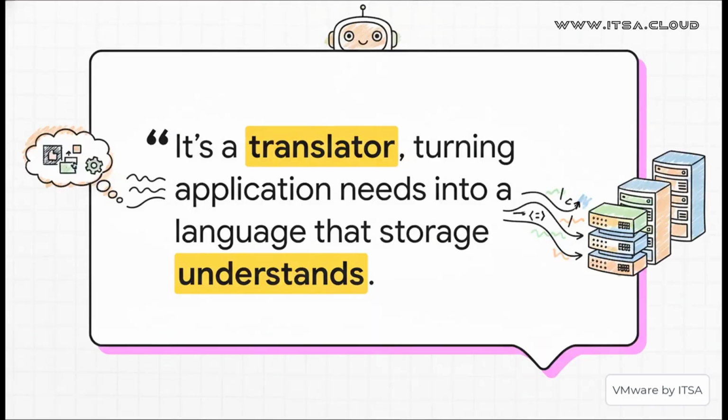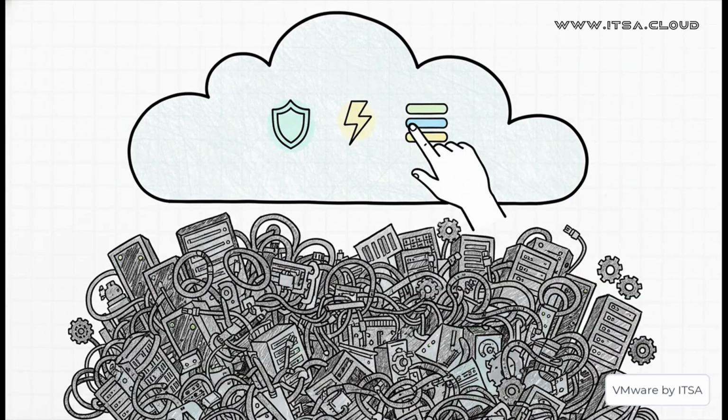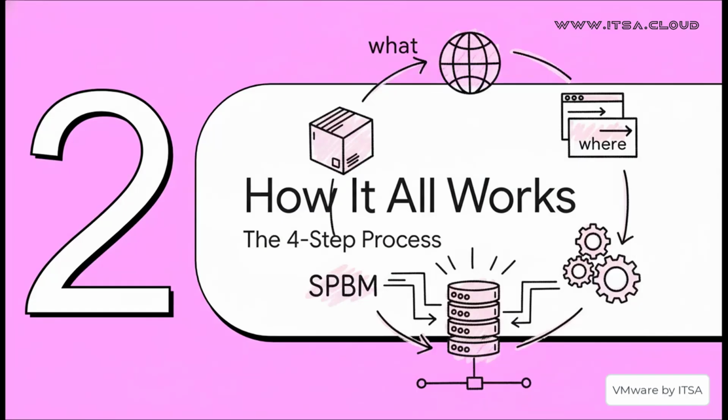And what's so incredible about this is that it acts like a universal translator. See, your application has very specific needs, but it doesn't speak the same language as all your different storage hardware. SPBM is that perfect go-between, translating those high-level needs into specific commands that the storage arrays actually understand and can act on, like instantly. And this just brilliantly shows the real magic here. It's all about abstraction. SPBM basically hides all the complicated vendor-specific hardware details from you. So what does that mean? It means you get to focus on the big picture. What does my app need to succeed, instead of getting lost down in the technical weeds of RAID levels and LUN configurations?